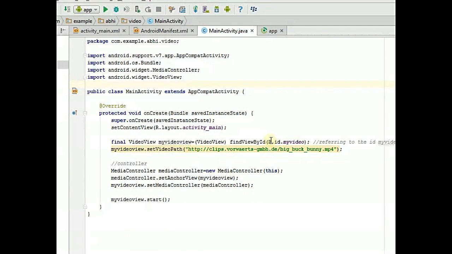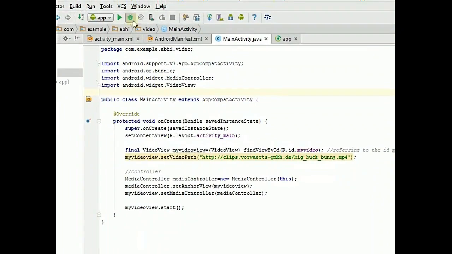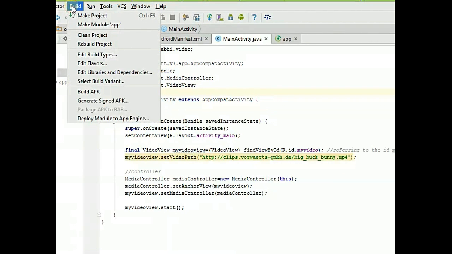Now one more thing: sometimes you have written everything correctly, you have mentioned every ID properly, all your code is correct, and there is no reason for any red marks, but still you see some red errors in your R.id resource, or in AppCompatActivity, setContentView or onCreate, and you wonder why this is showing. My code is correct, my program is correct, still it's showing this error. Even if you have rebuilt your project and it still doesn't solve your problem,